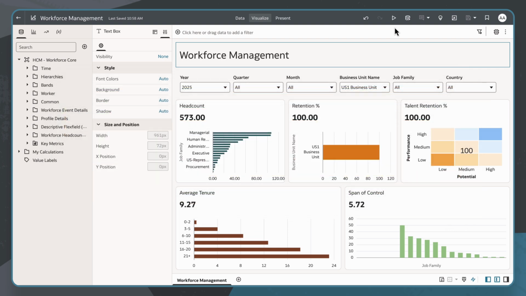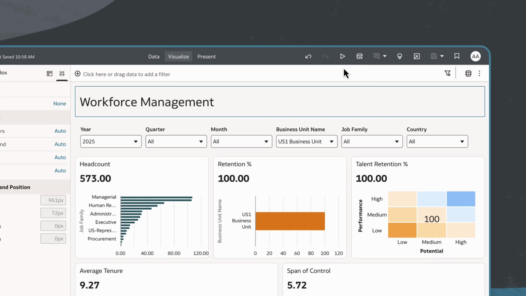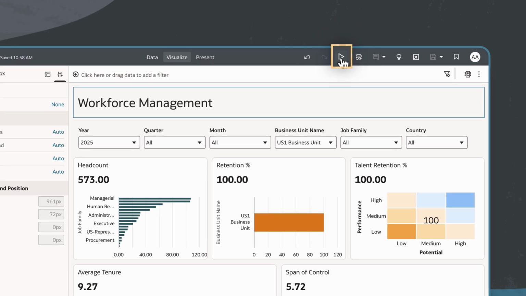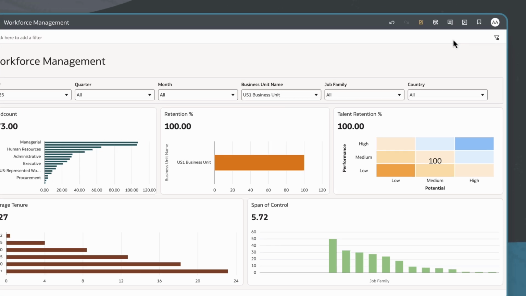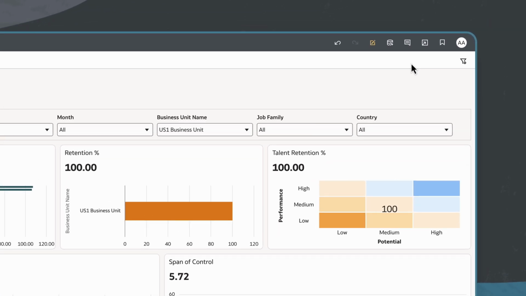I'd like to limit some workbook interactions from the consumer perspective. I'll begin with my workbook in edit mode. I will click Preview to view the workbook from the consumer's perspective and check which features they can currently interact with. By default, consumers can interact with the toolbar to refresh data, show notes, export, and access the navigation menu